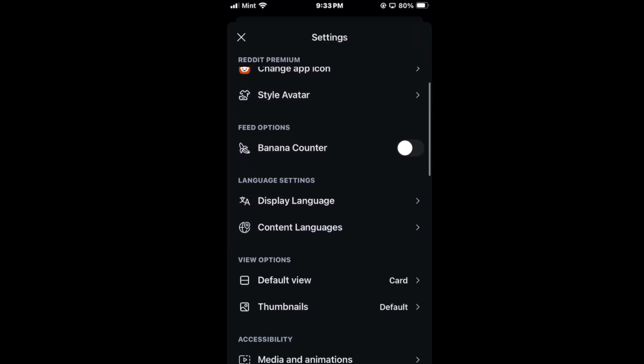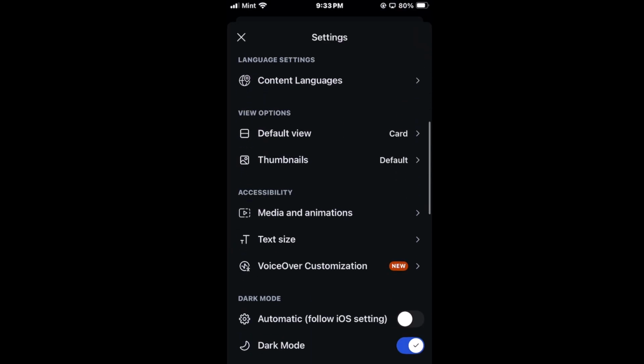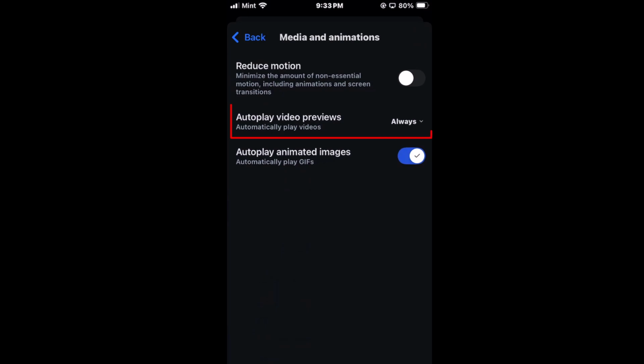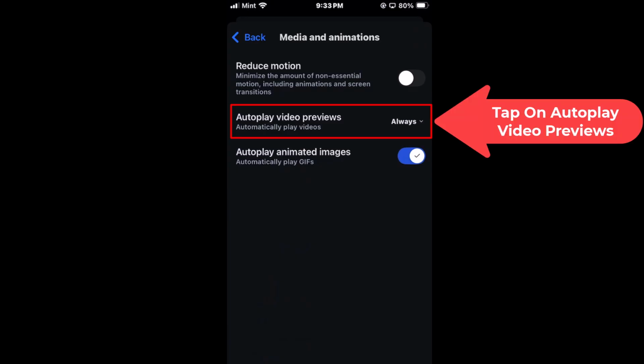I'm going to scroll down a little ways down to where you see the accessibility area, and in the accessibility area, Media and Animations. You want to tap on Media and Animations. And then right down here, Autoplay Video Previews. By default, it's probably set to Always. If you tap on Always,